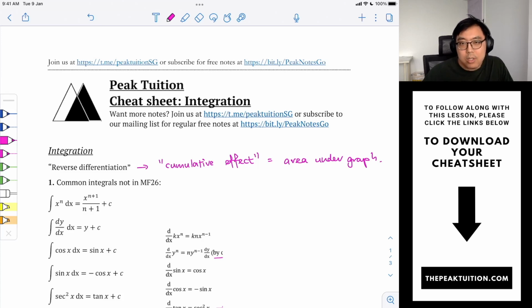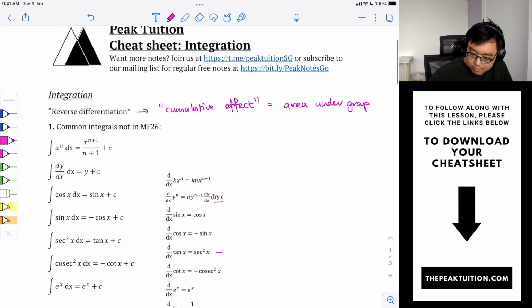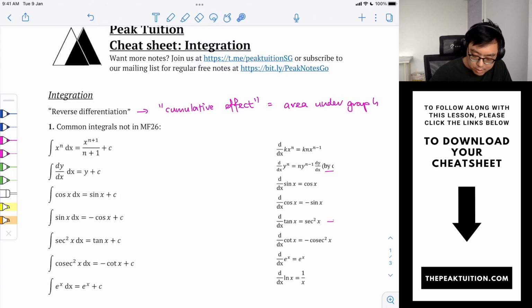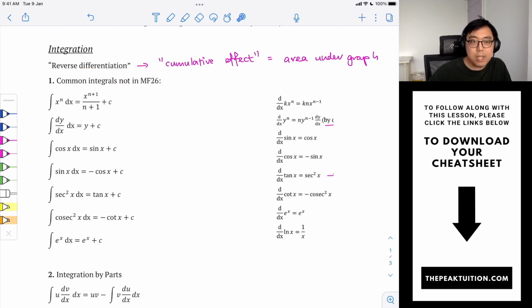The common integrals not in MF26 are given by this. And you will notice that these are actually very similar to the derivatives that we discussed for the chapter of differentiation. So we notice that, for example, the first one, when we try and integrate a polynomial term, x to the power of n,